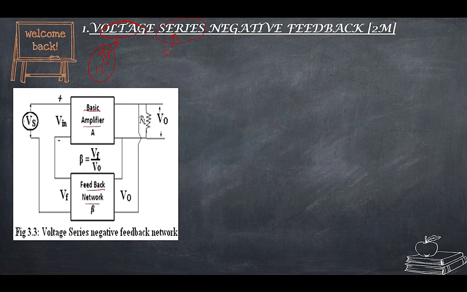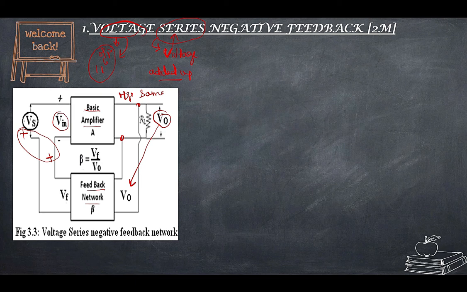Series means I am measuring voltage here. Series means voltage. Don't get confused here. For voltage I took parallel connection and series means voltage. The reason is very simple. In parallel, voltage remains the same, so that complete voltage I am tapping here. Whereas when it comes to series, voltage gets added up. So either if this is plus and this is minus, they get subtracted, or if this is plus, this is also plus, they get added.